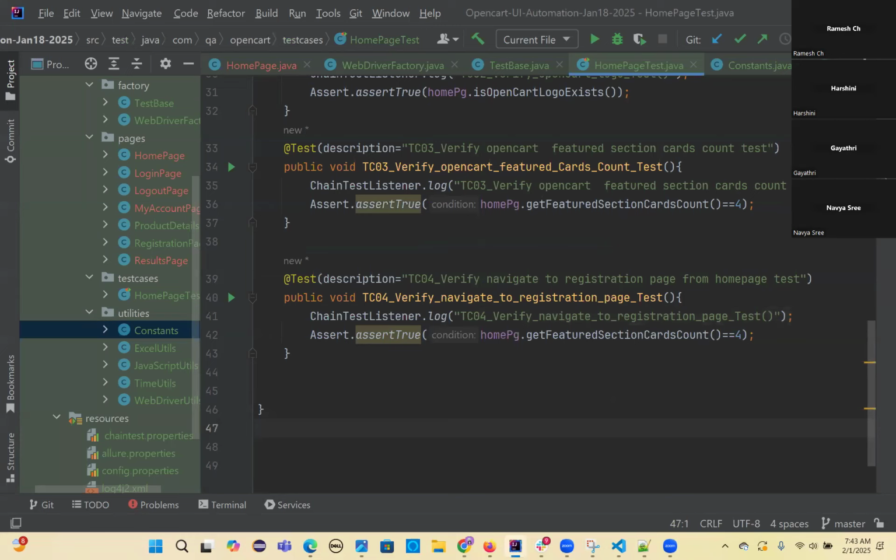So navigate to registration page, right? If you want to navigate to the registration page, what do we need to do? First we have to click on